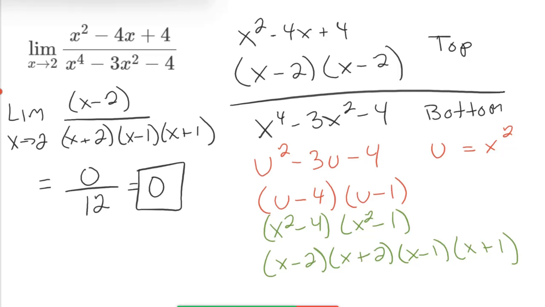So we use u equals x squared. So we have u squared minus 5u plus 4. I'm taking u and making it x squared, so that x to the fourth becomes u squared, and that x squared becomes u. So now I have a simple quadratic, which I can factor. So I get u minus 4 and u minus